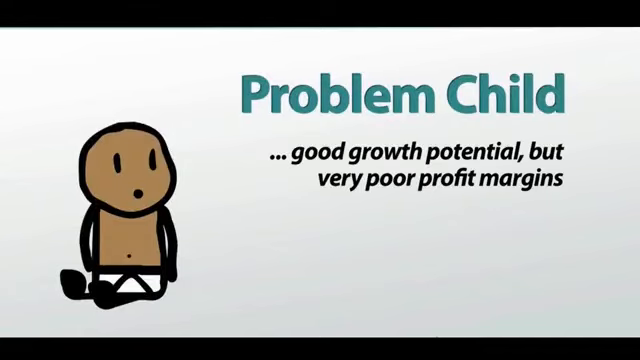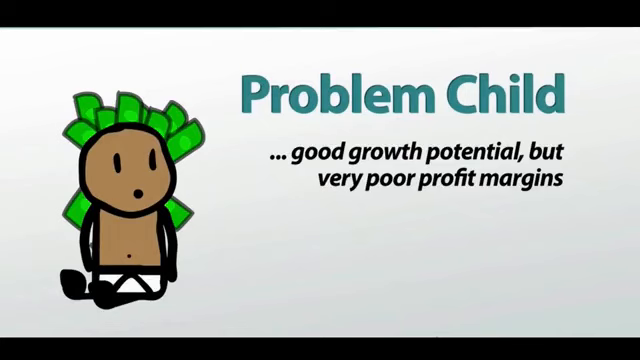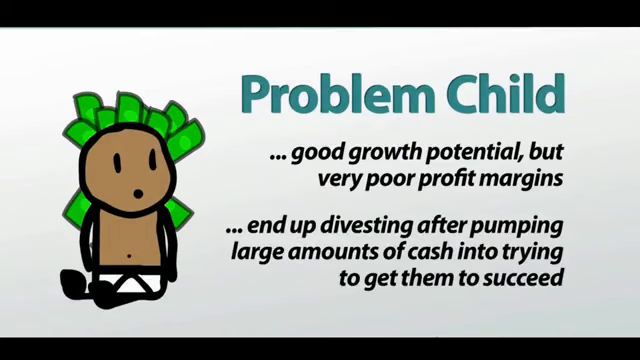Ketchup, and Weight Watchers frozen dinners, both products that maintain a large market share without development or advertising costs. A problem child has good growth potential but very poor profit margins. Just like a star, problem children also need a large amount of cash or they will end up as dogs. Many times, companies end up divesting their problem children after pumping large amounts of cash into trying to get them